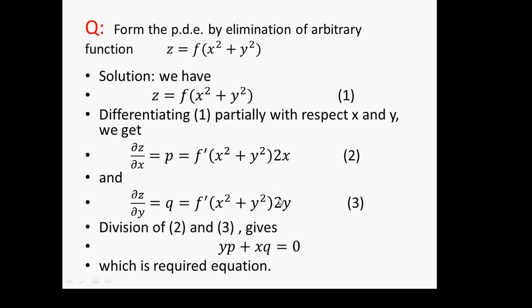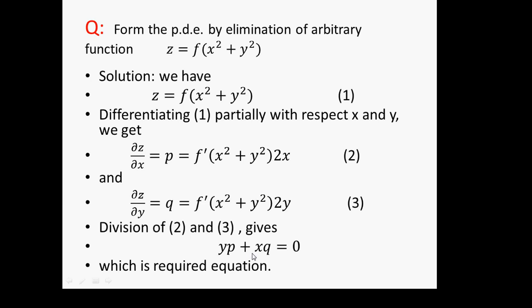Now we have to eliminate the function f from equations 2 and 3. So we have to divide. If we divide equation 2 by equation 3, we can delete this function. In this case we have the result p upon q is equal to 2x upon 2y, and on solving we have yp plus xq is equal to 0,